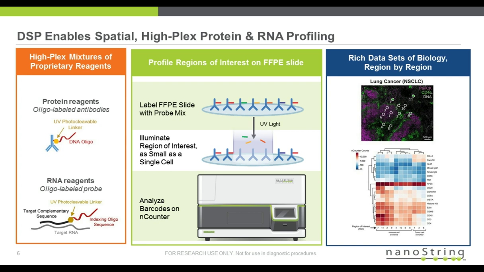Those are regions of interest on a particular tumor site that we're investigating. And then we, with a microscope objective, would have gone underneath one of those little regions of interest and shined light. The barcodes would come off the surface, we digitally count them one at a time, and you end up with a heat map of digital counts linked to each one of these individual regions of interest.